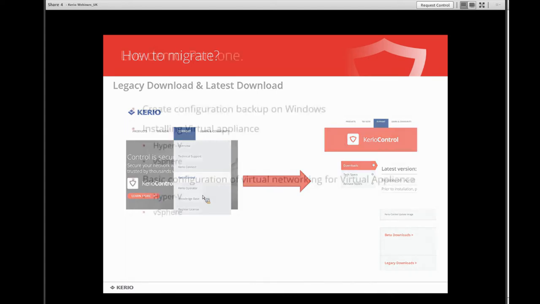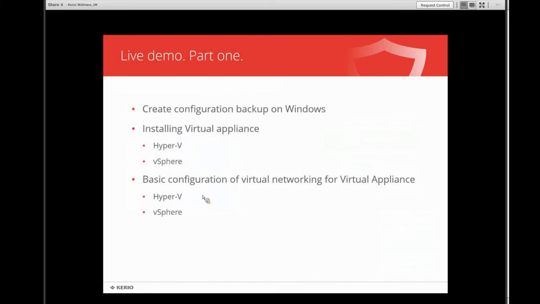So I think that's all for the first part of the presentation, and we can start the first part of the live demo. During it, you will see deployment of virtual appliances for Hyper-V and VMware vSphere, and basic network configuration for the same virtual environments. So I will change the